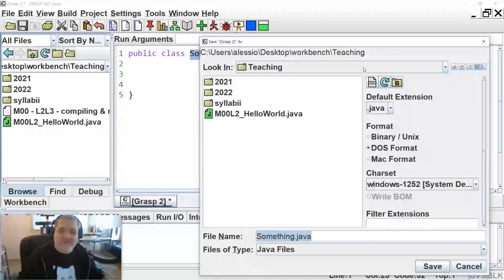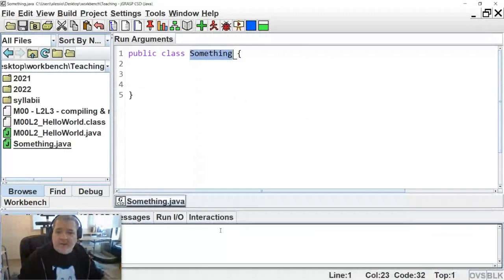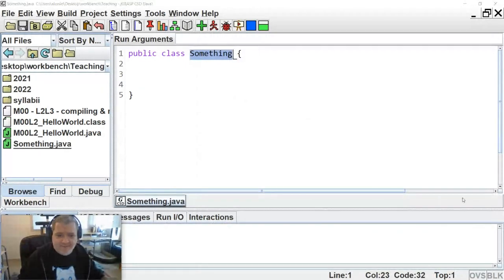So it will not let that stuff go unpunished, so to speak. All right. So something.java here, by default, if I try to save and I haven't named my file yet, you see that JGrasp is smart enough to give it the right file name. So I'm going to click save. There we go. Now that my class is saved,